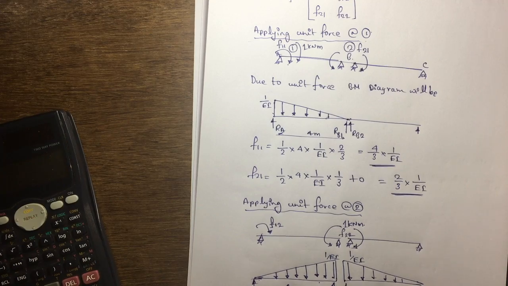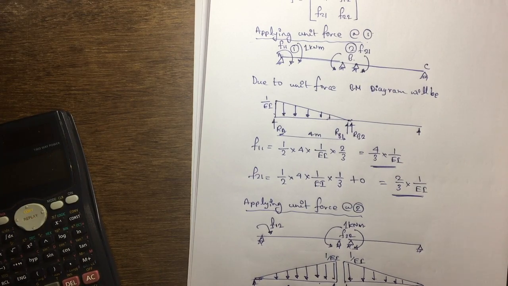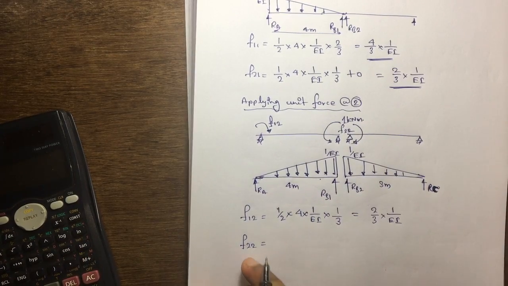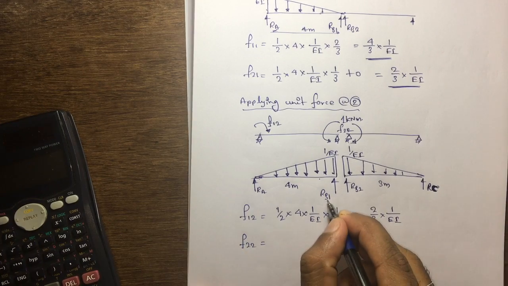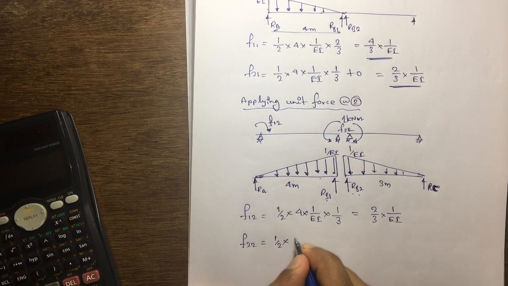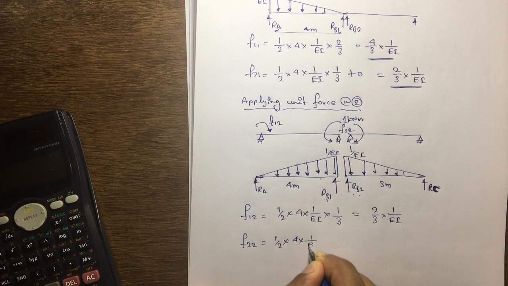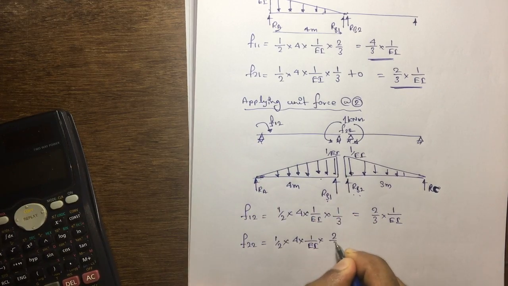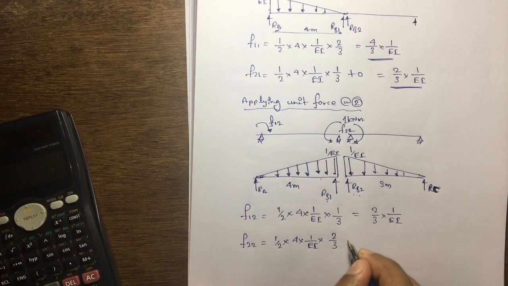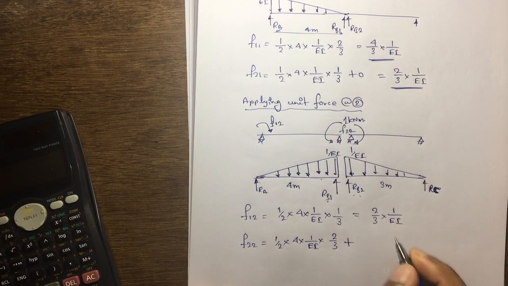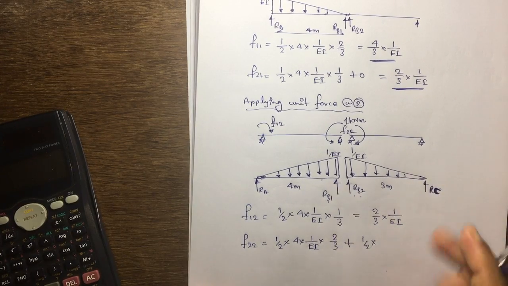So if I want to calculate F22, that is RB1 plus RB2. If I want to calculate RB1, first I have to find the area, half into base into height into, I am calculating here, therefore 2/3, this portion is 2/3, plus if I consider this portion, first I have to find the area, half into base is 3 meter